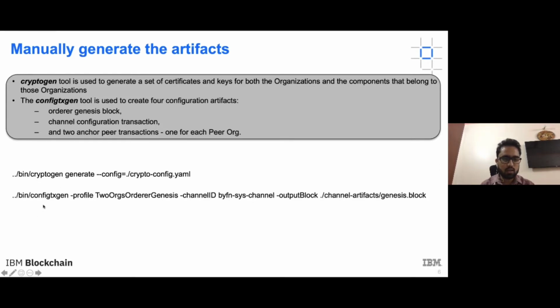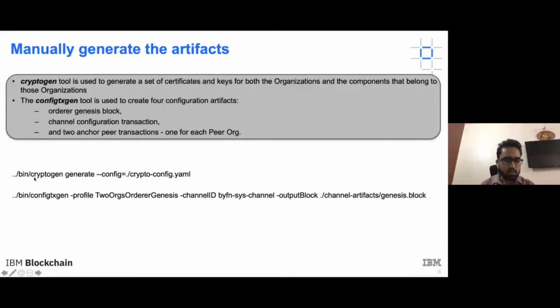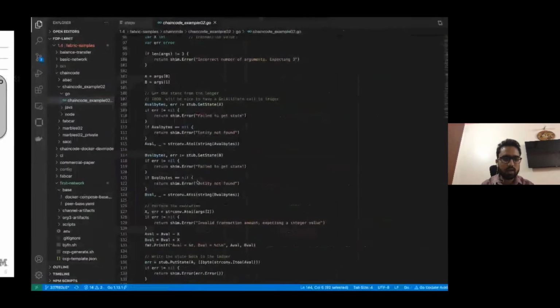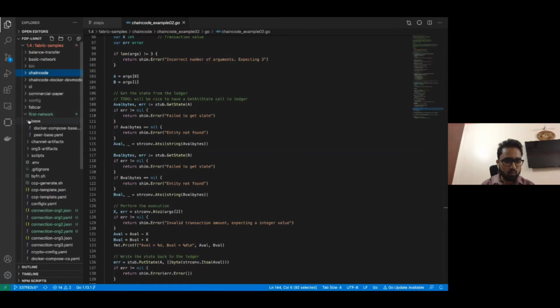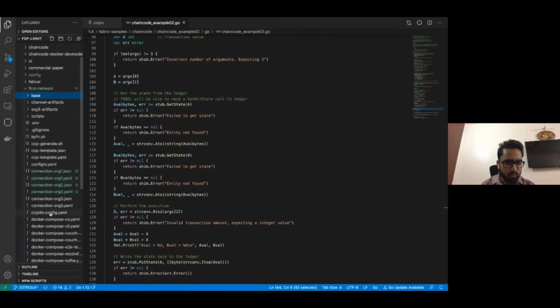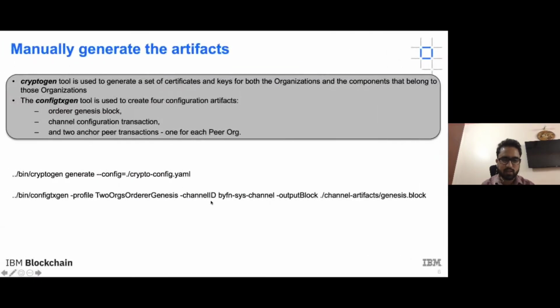So before that, let me take you through this particular cryptogen tool. We are going to use the generate command, and we have to specify the config file that we are going to use to generate the certificates. So this is the crypto-config.yaml file. If we go to this first-network directory, there is a crypto-config.yaml file present, and this tool is going to use the same file.